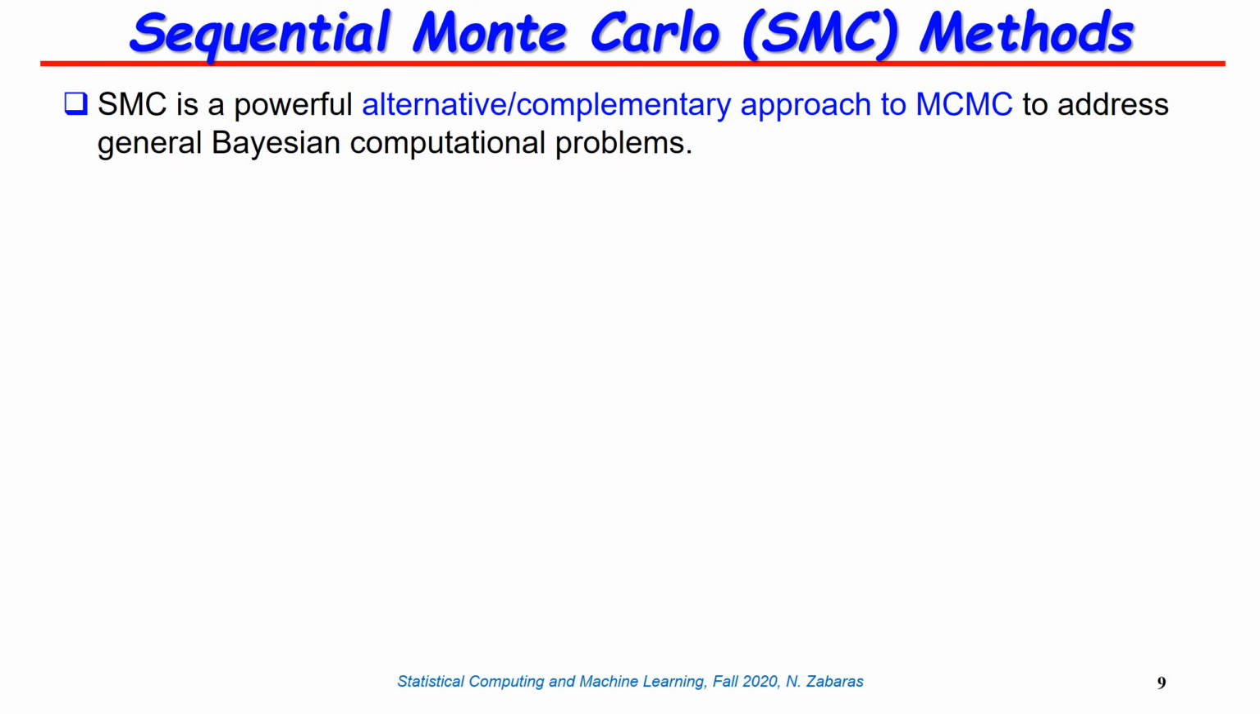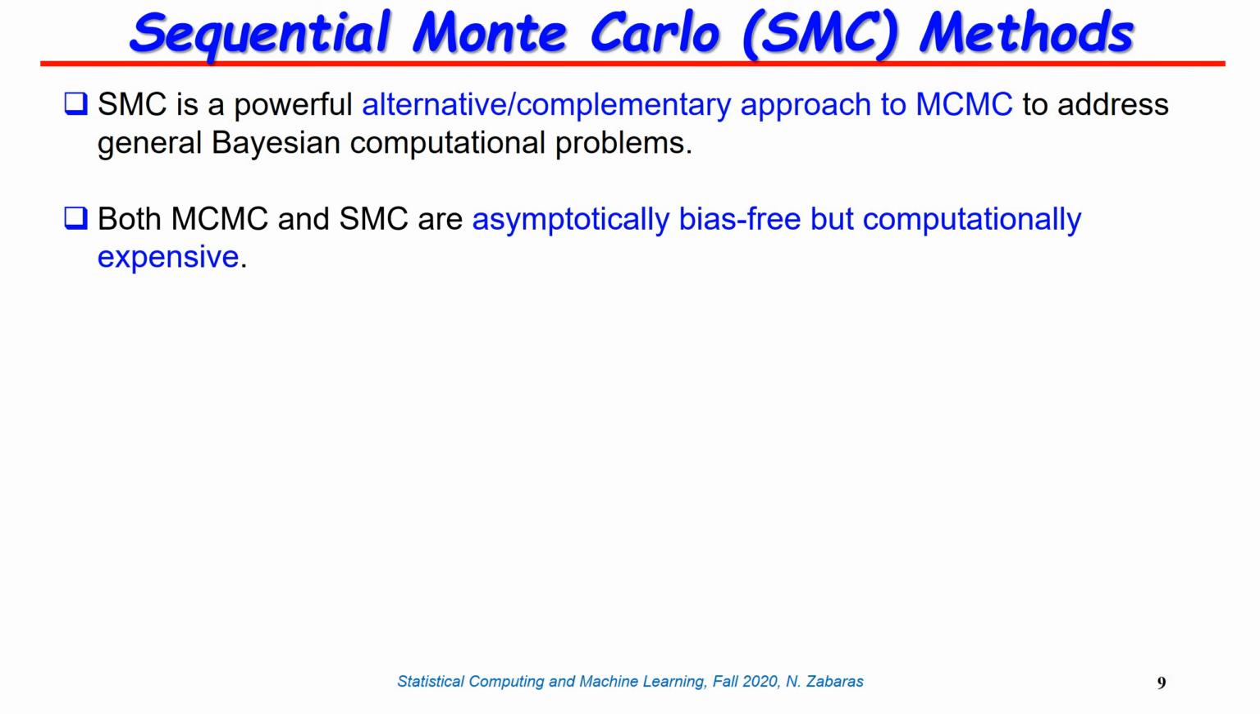All right, so the method is asymptotically bias-free, and what I mean by asymptotically bias-free is, if you think of representing this with Monte Carlo samples, as the number of samples goes to infinity, asymptotically you do get a bias-free approximation. So that's nice. However, the method sequential Monte Carlo turns out to be computationally a very expensive method, especially in